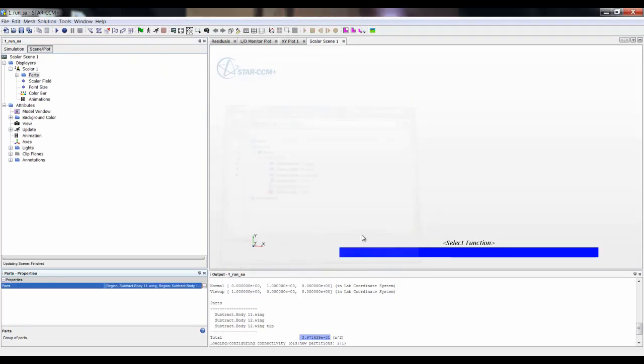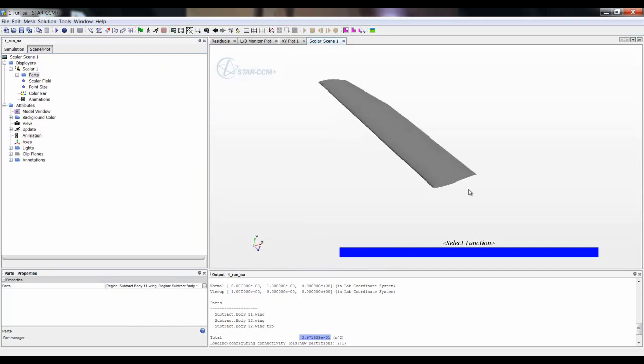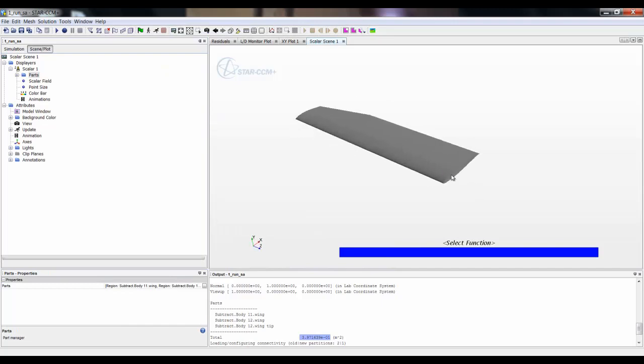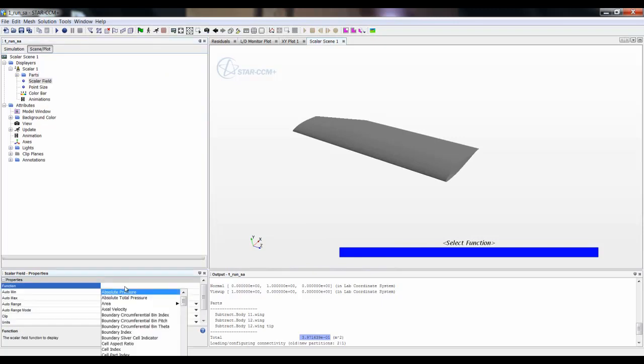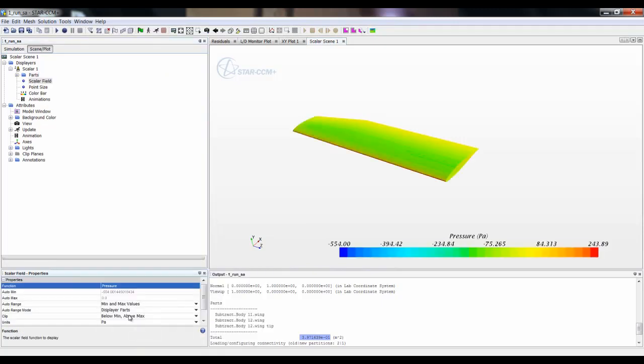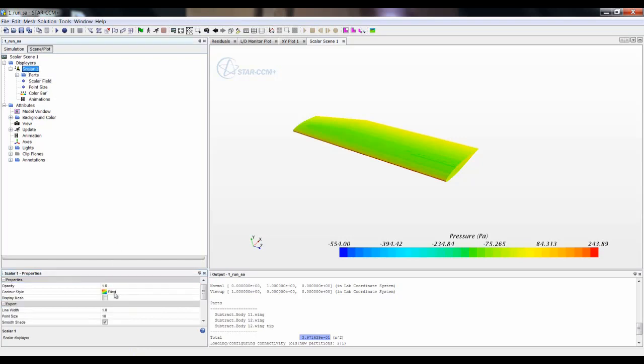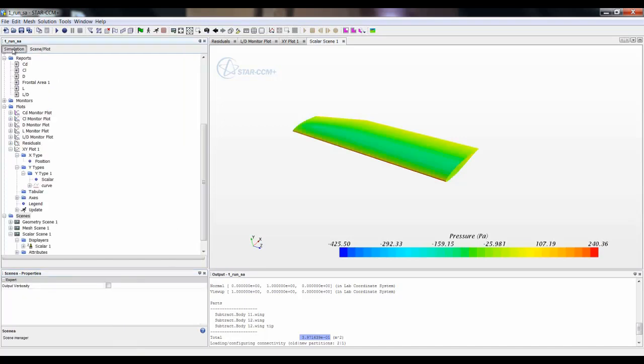And then select OK. I'll reset my view using the R key on my keyboard. I'll reorient this view. And in the next node down, for scalar field, I'll put in pressure. Now if you want to give the scene a more smooth effect, I could choose Scalar 1, and then under Contour Style, I can choose Smooth Filled. I'll go back to the Simulation tab, and I'll rename the scene